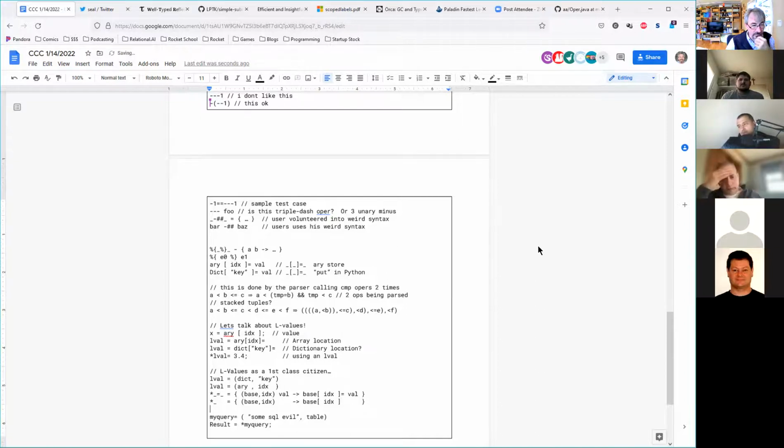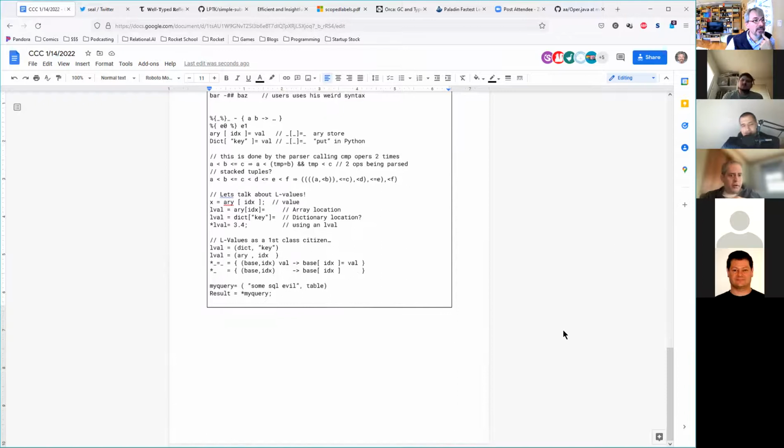The idea is that while everything is an object, you never actually touch an object. You always work through a reference. And so an L value is just a reference that happens to be